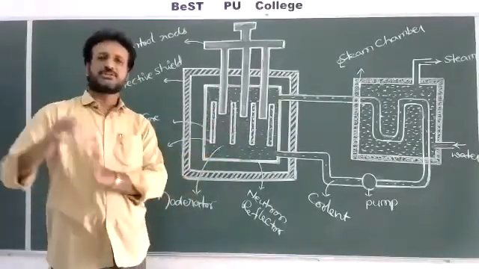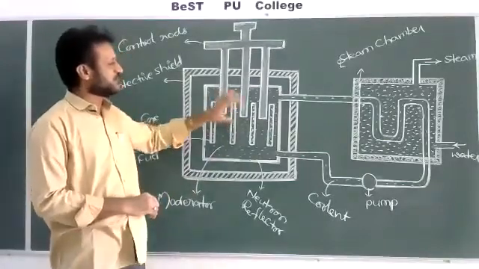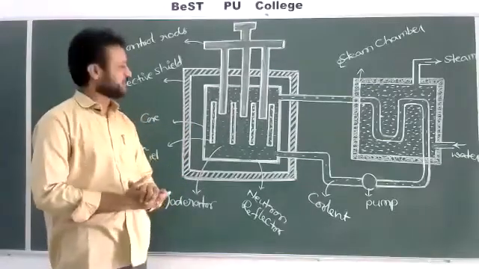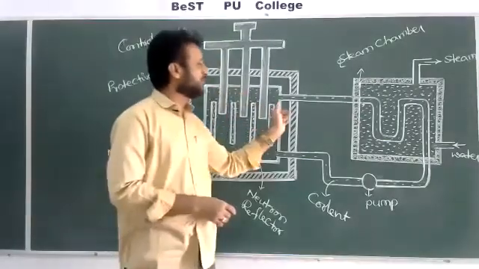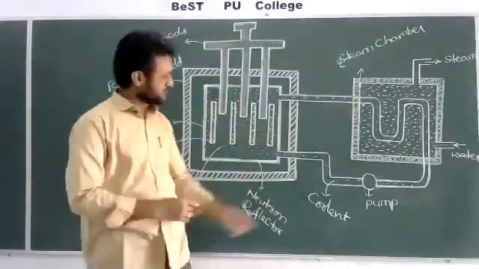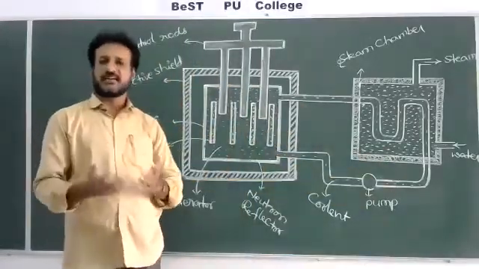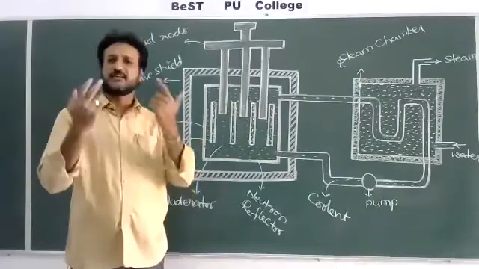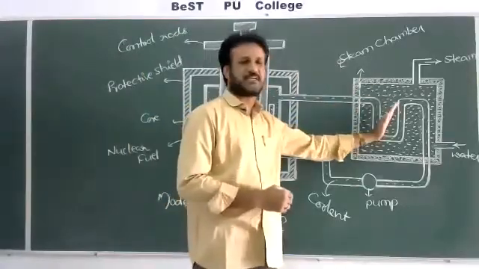So in geometric progression ratio, the neutrons will increase, and inside there will be a large number of neutrons, and a lot of heat will be generated because of the nuclear fission. And this heat we have to remove from time to time. How can we remove it? By using the pump, we can send chilled water, or maybe carbon dioxide, or maybe liquid sodium inside the core of the reactor. That will collect the heat and send it again to a separate chamber.